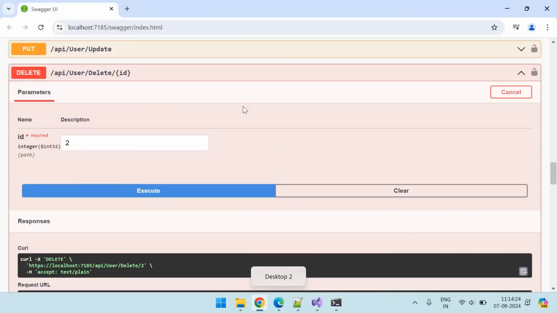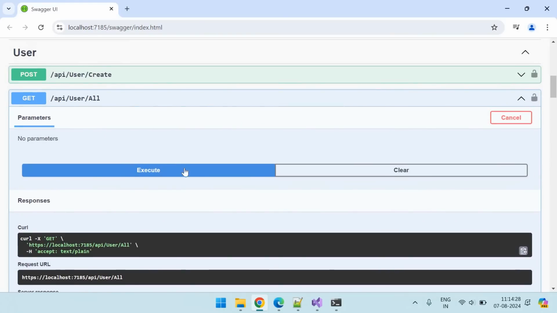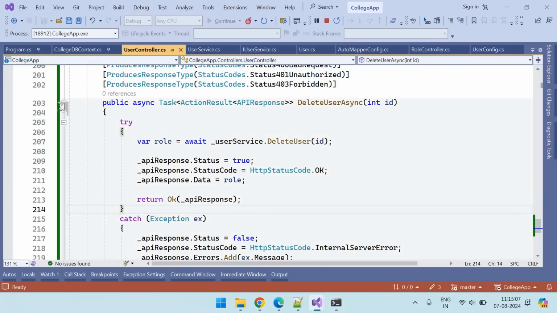And now let us go back to our read all endpoint, execute it. So you can see both the records are returning irrespective of the is deleted field. Okay, so we need to modify that. So that's a problem. This endpoint is not supporting soft delete. So let's fix that. So the deletion endpoint is working,